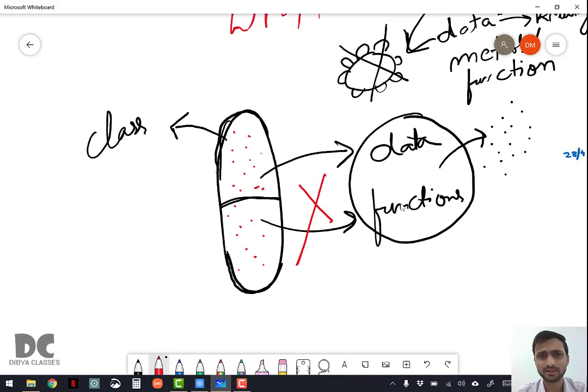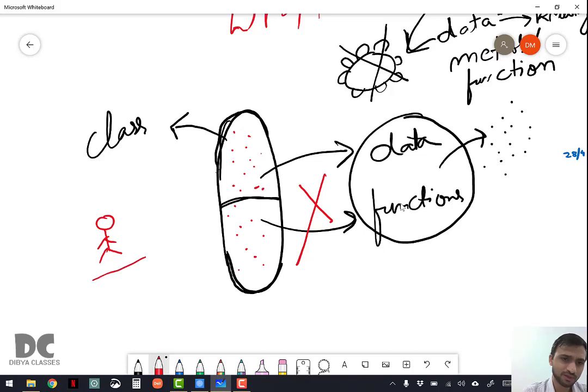And this concept, we are covering it, right? This covering up of data and function is known as encapsulation. For example, you are giving a gift to your friend. It is a toy, but you are not going to give him the toy directly on his or her birthday.